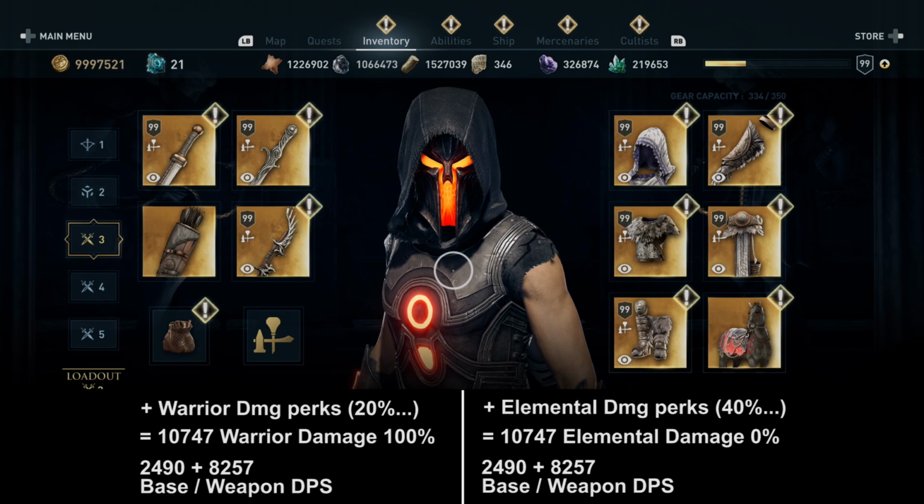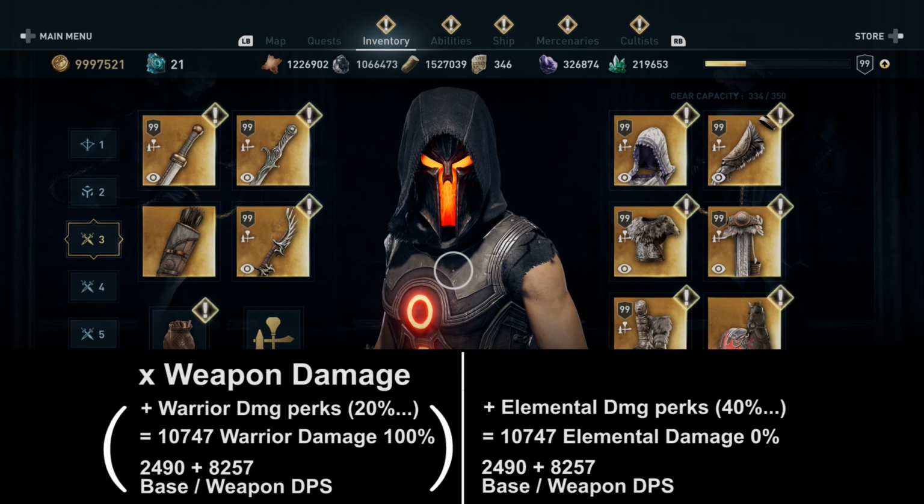So now you might think we have the same base value, 10,747. If I add 20% on warrior, that's far less than when I add 40% on the elemental part. But that's not correct, because there's another factor, the weapon factor. The weapon factor only applies to the left side, and it multiplies only your warrior damage, and it acts as